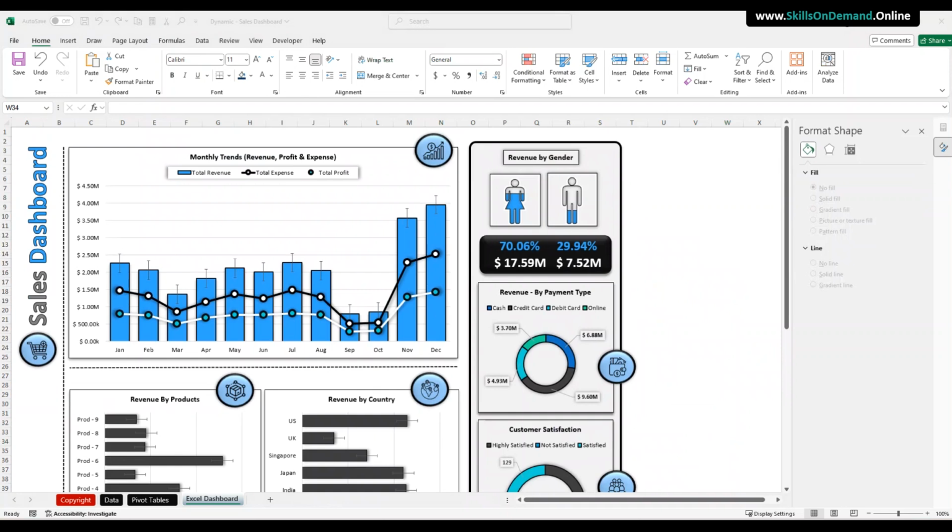We have the result. Our next visual will be to display total revenue, total expense, total profit, and average profit